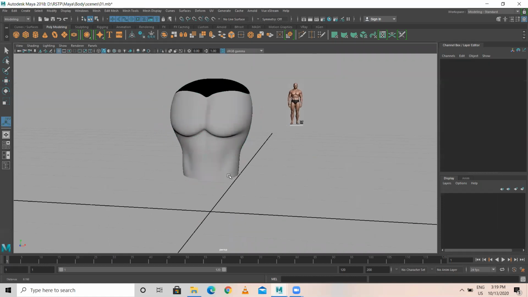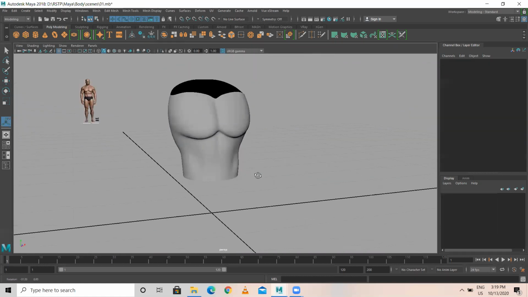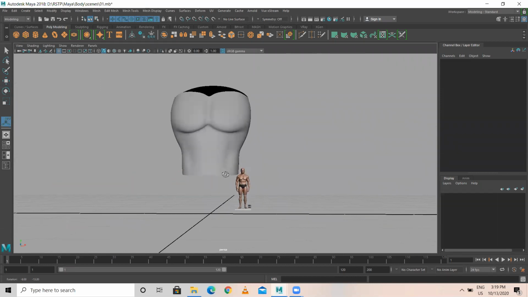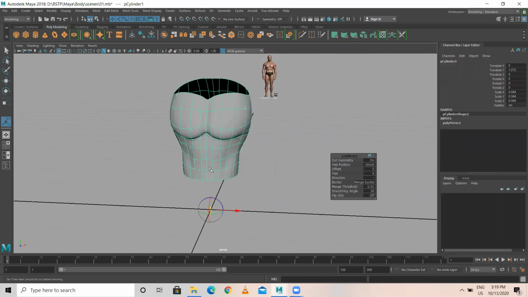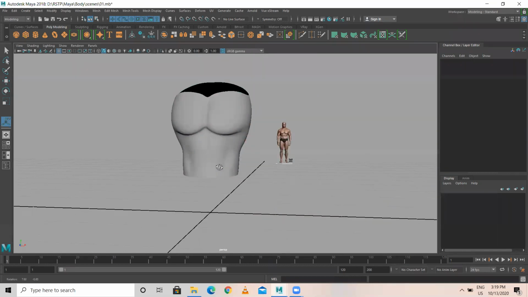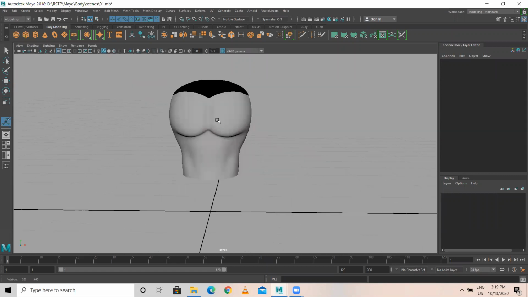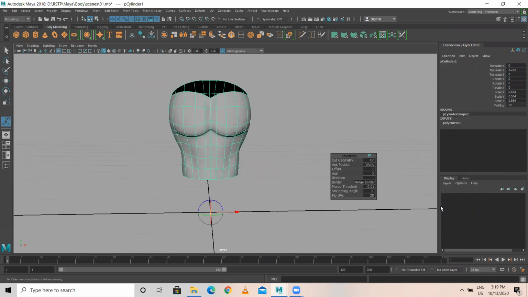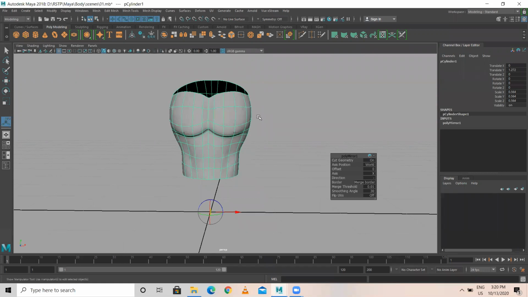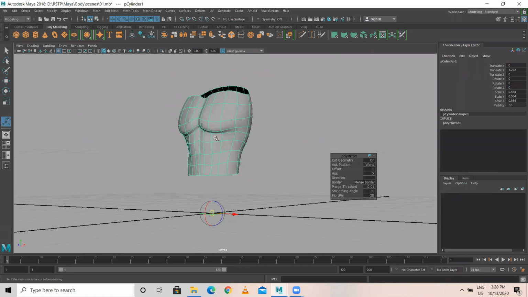Now press 3. See guys, this is the output which we are receiving. Already we are getting this particular shape here, this upper part. But the lines and the cuts we have to do, that's a separate thing. Any doubts? No, sir, it makes sense to me. Okay, good. So shall I continue?